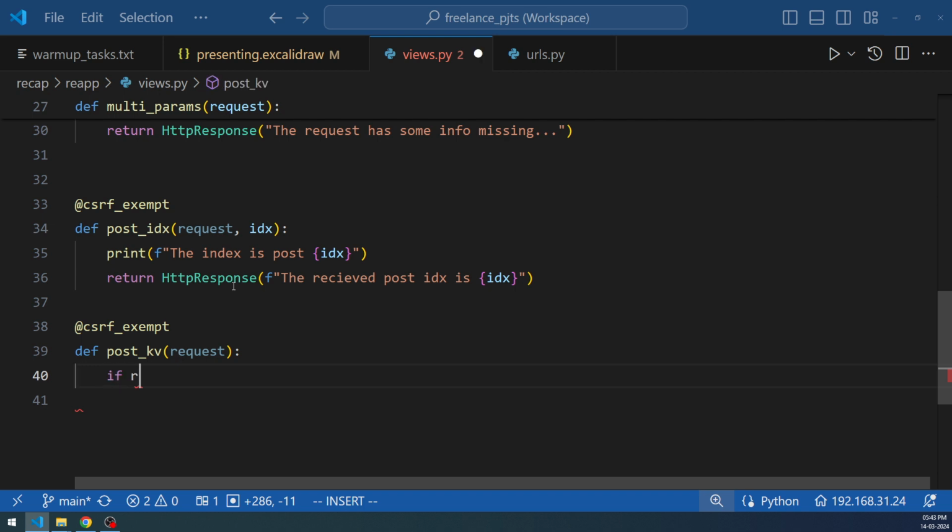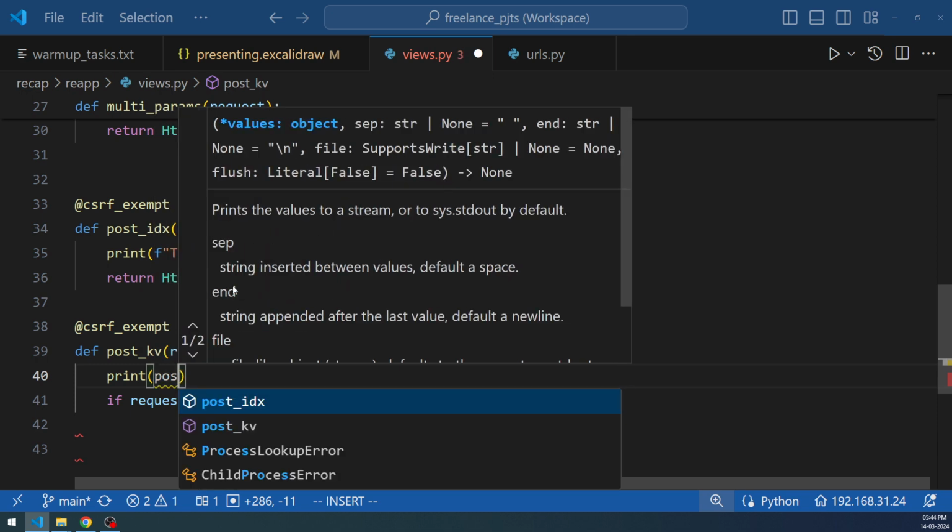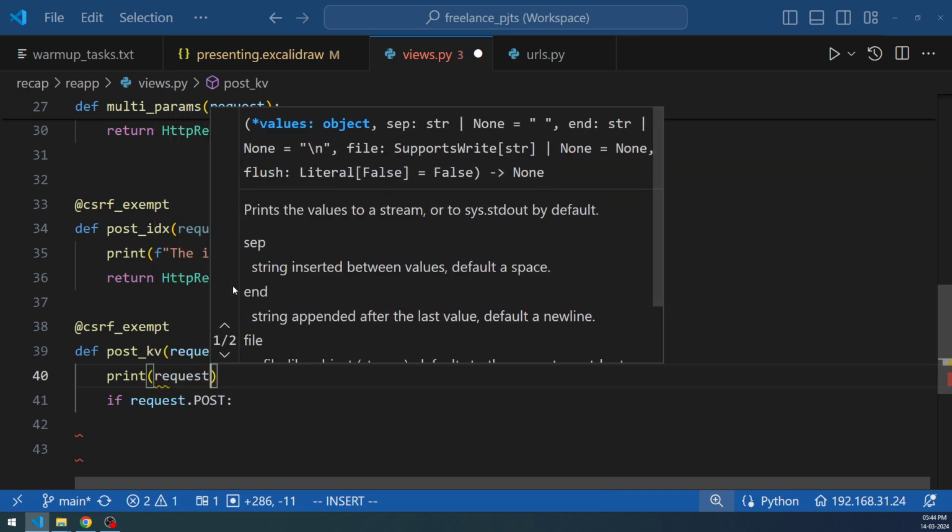For that, we have to first of all check whether the request is coming in as a post. That is the first thing. And here you can actually look at the post output itself. It's better that you take a look at the post output. It will be a QueryDict when the Django server gets the data from the post form. So we can do a print on request.post,